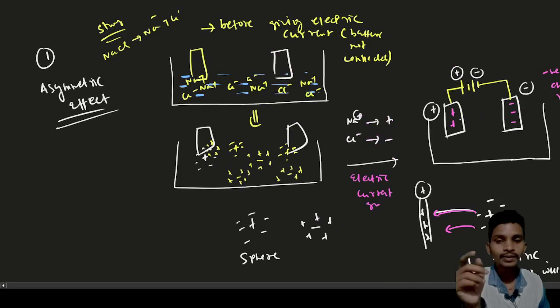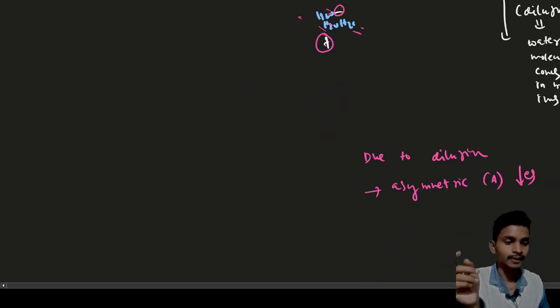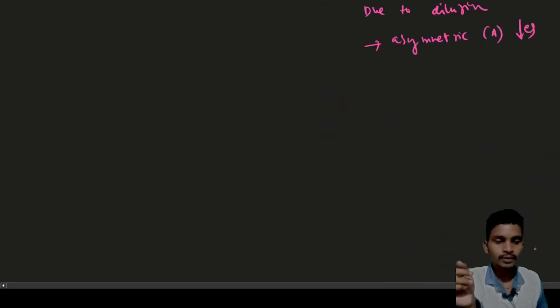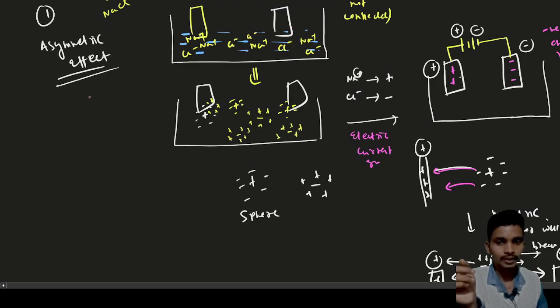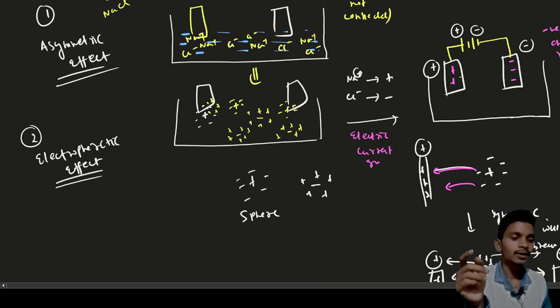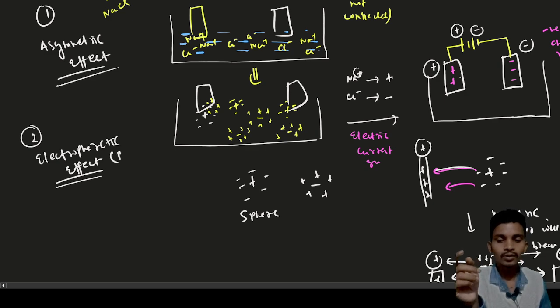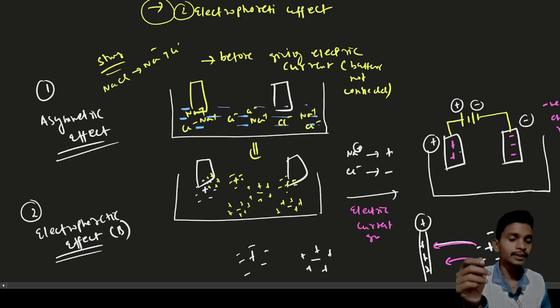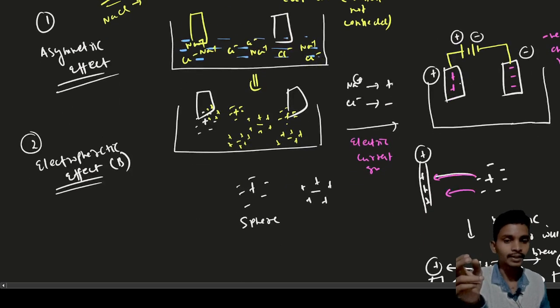Another effect is the electrophoretic effect. Here itself we will discuss it. What do we mean by the electrophoretic effect? This we will represent by B, and this electrophoretic effect says that